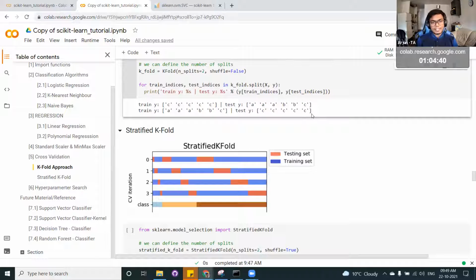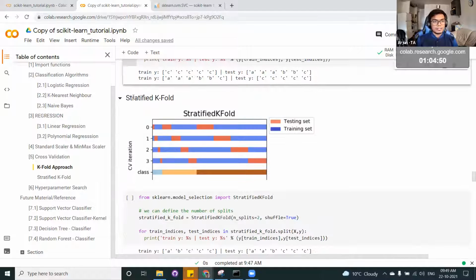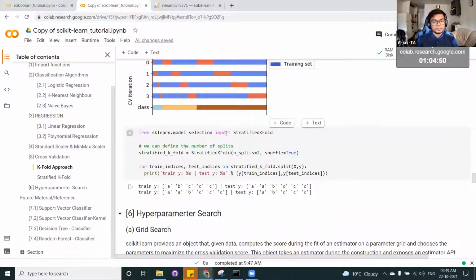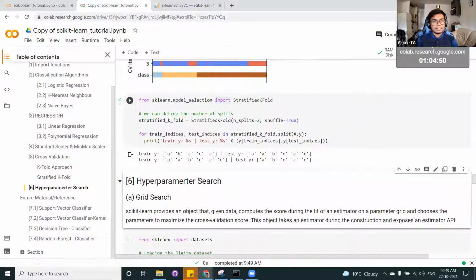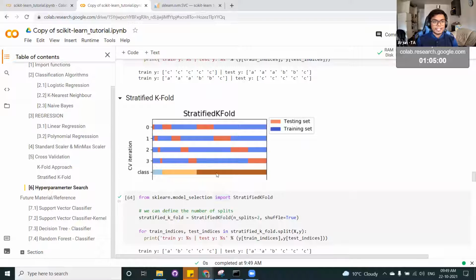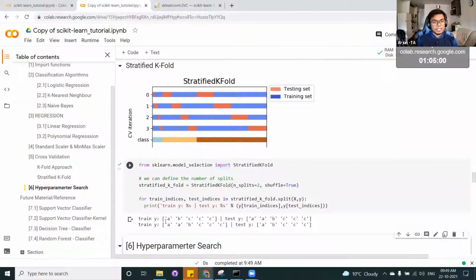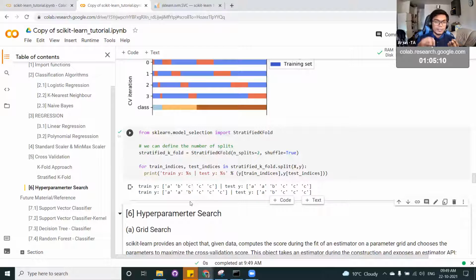But when you have an imbalanced data set or a very skewed data set, then there is another concept called stratified k-fold. So here you can see we split it so that every class is given equal preference, and you see here we have 1 A, 1 B, and 3 C's. Similarly, both in the training and in the test, you are seeing enough training examples where you see lion, dog, and cat.